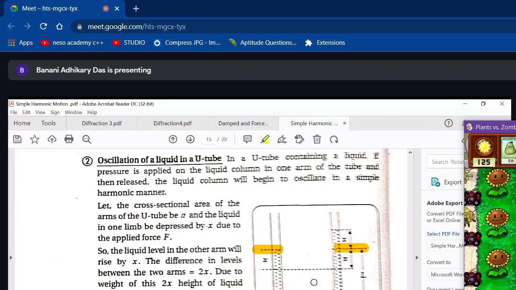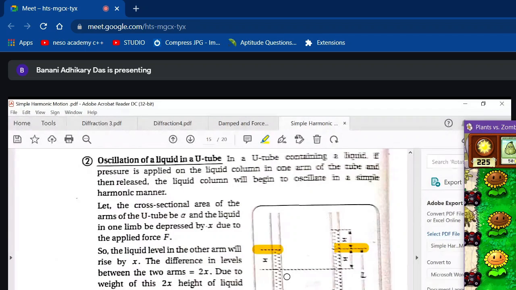So this height of the liquid rises again, overshoots its mean position, goes up, and again comes down. And for this arm the same is true. So you have the entire mass of liquid oscillating up and down. I hope I have been able to make this clear. This is the mass of the liquid.